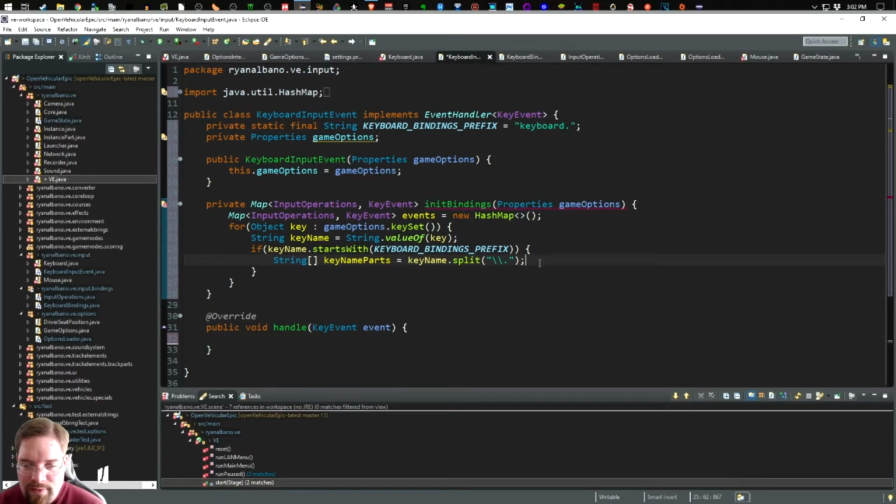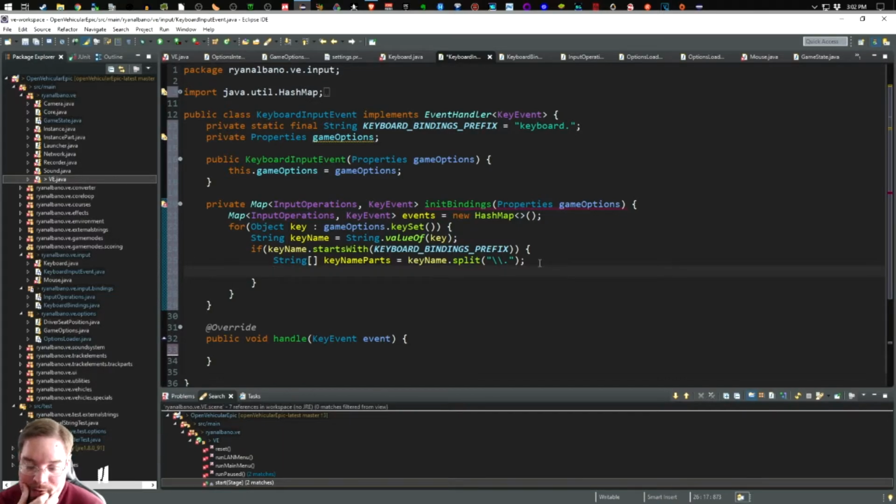So with that, our key name starts with keyboard. We know that there's only going to be one dot in there, hopefully, with the keyboard bindings. Otherwise, it doesn't work. So then the second item in the string, which would be string 1, will be the input operation that we want to do. And so I want to say input operation equals